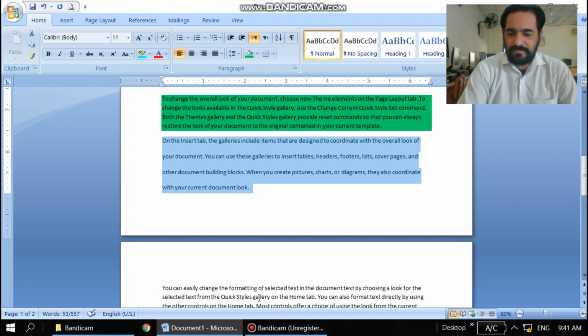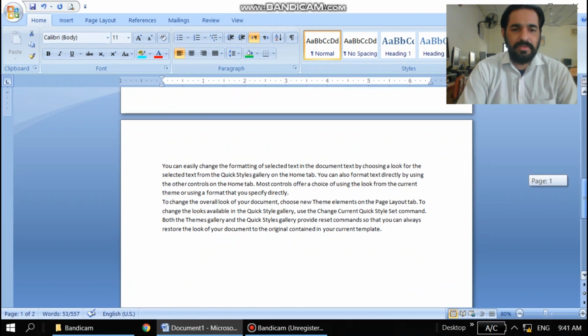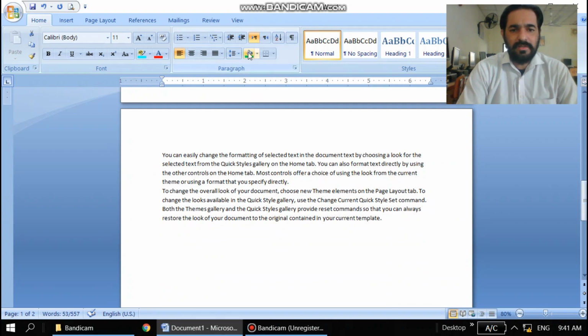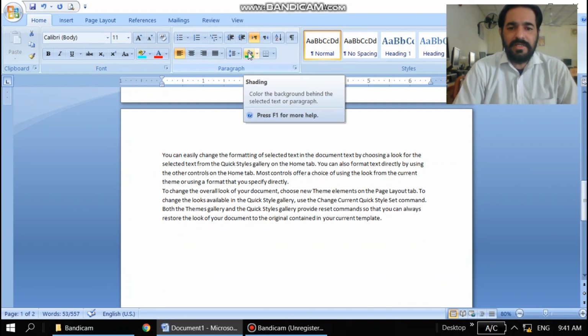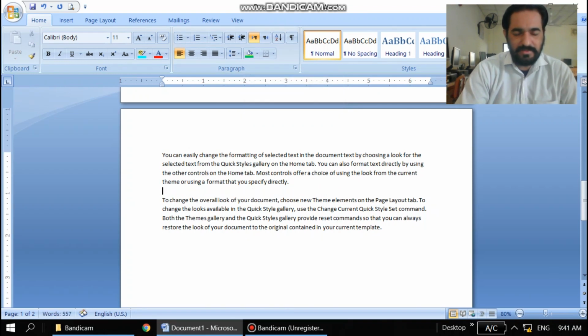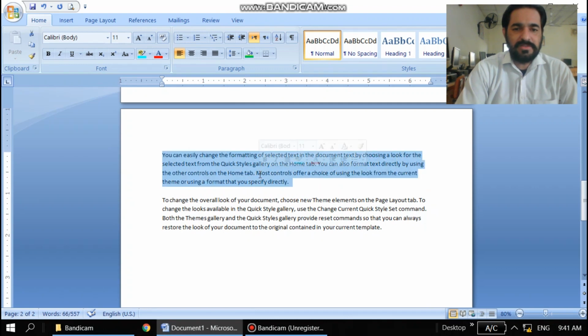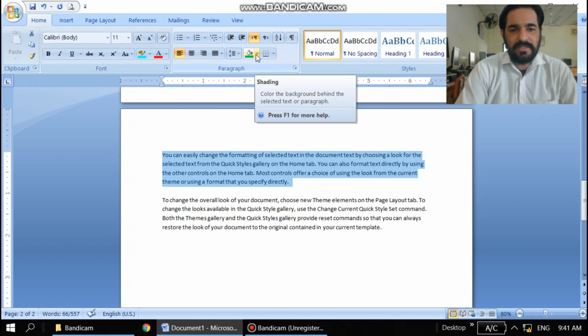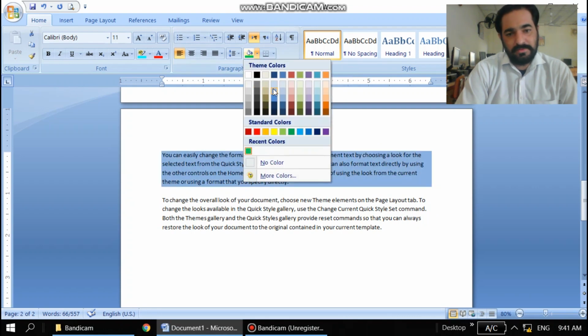Next we have another option, which is called shading. Shading is the background color behind the selected text or paragraph. Whenever we perform some operations, sometimes we need to give color behind the text. So we can apply any color, but we can see there is another option, a downward arrow, which means we have more options there.